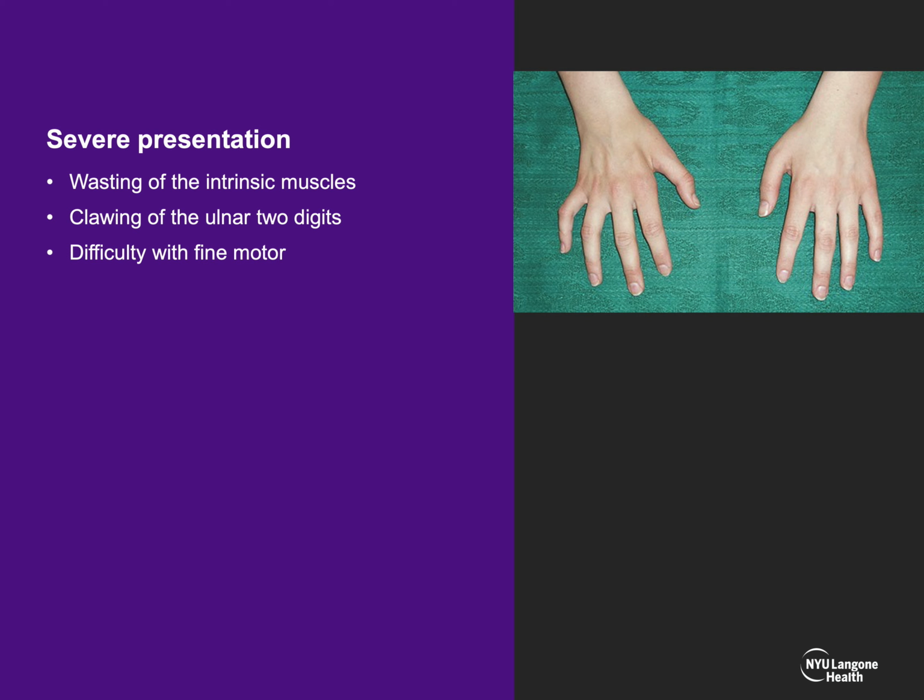And then your extrinsic extensors are hyperextending at the MP joint. So that's why clawing. However, if you are astute, you'll think, wait, if you have cubital tunnel syndrome, your extrinsic flexors, your FDPs, should be affected as well. And you are correct. So you will see some clawing with really severe cubital tunnel, but it won't be severe